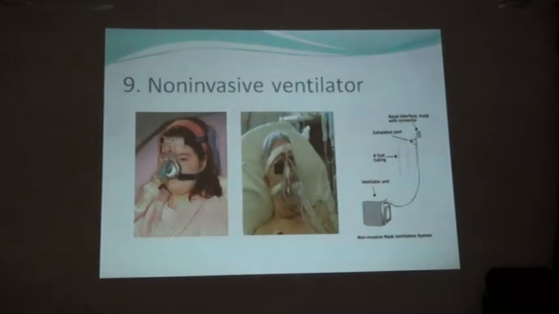So when you are applying this, you have to go to the machine and set the parameters. When you are taking the breath, it is known as inspiration. When you are releasing it, it is known as expiration. So what is the inspiratory positive pressure and what is the expiratory pressure? You have to set it. Normally it is 12 to 16 inspiratory, or 4 to 10 expiratory.